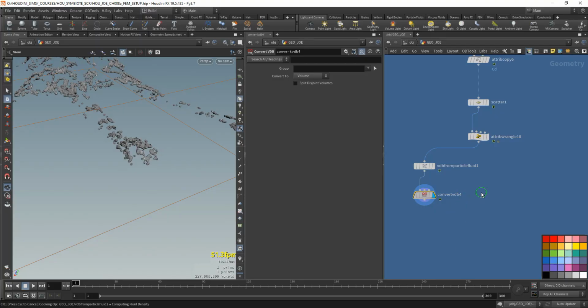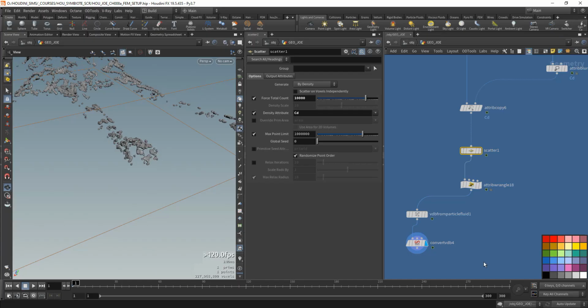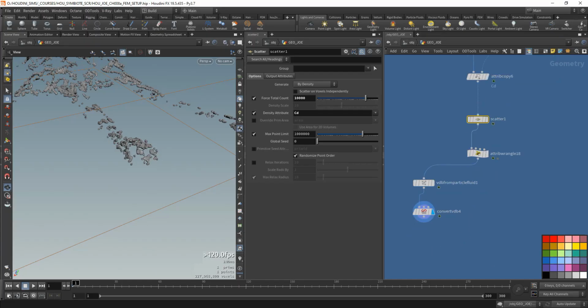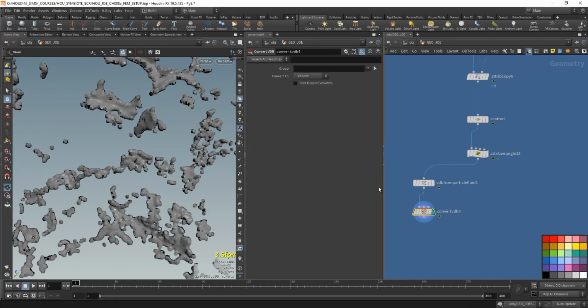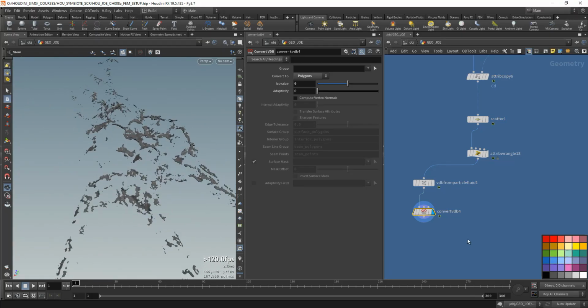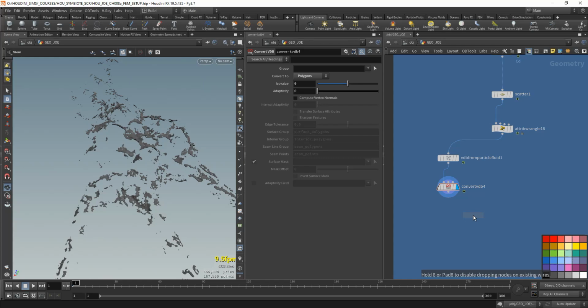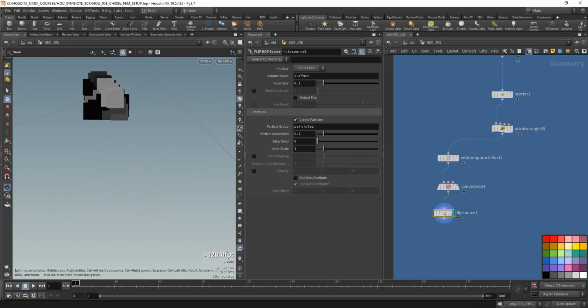Some people prefer to use the scatter points directly as a source in the pop source inside the flip, but yeah, there's some drawbacks there, so it's not perfect either. I'm going to use the convert VDB to convert it to polygons, and we have this as an emission source, and we'll do a flip source here. So the flip source goes here, and in the flip source I'm going to set something like this,